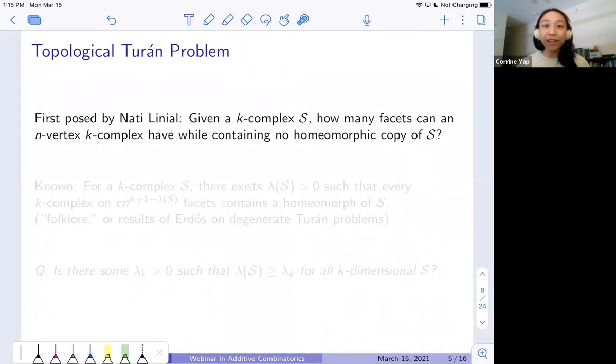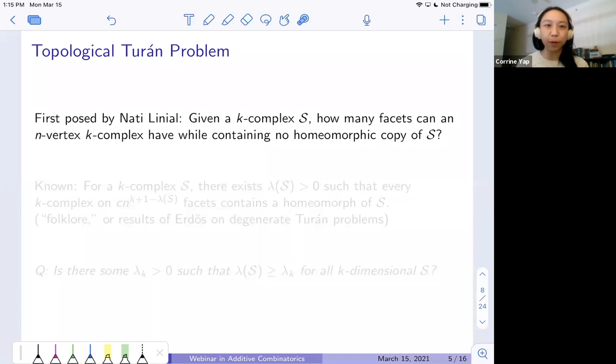Okay, so now I've given you the topological point of view, which is going to be these simplicial complexes. Now, what is the question that we're actually asking? This question was first posed by Nati Linial around, I think, 2008 or so, and it was part of his high dimensional combinatorics program, where he was really saying that the next frontier in combinatorics is to take this topological point of view for all of these classical combinatorial problems. As a side note, a lot has been done in this area on random simplicial complexes and adding randomness to these topological structures.